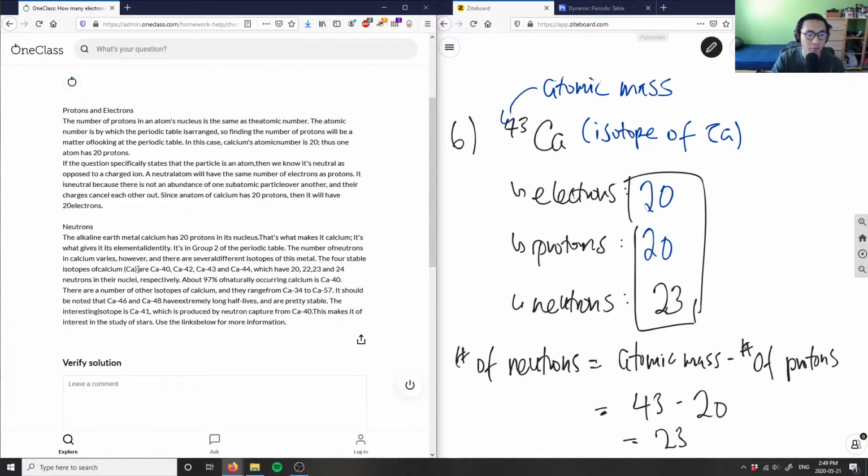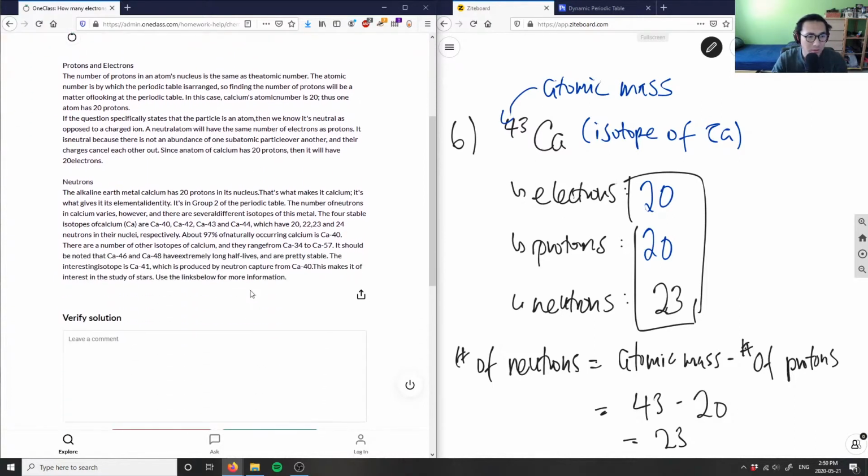Neutrons, 4 stable isotopes, which is good. I don't think they actually said the number of neutrons here, so let me say the solution is incomplete. Number of neutrons is going to equal the atomic mass minus the number of protons. So this is going to be 43 minus 20, which would equal